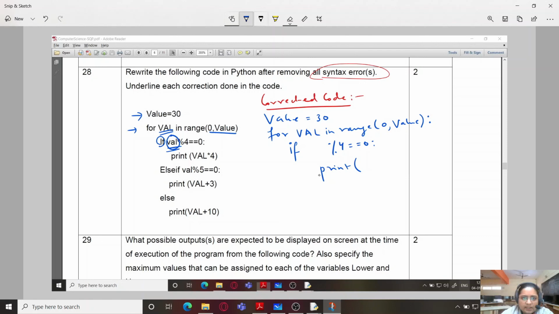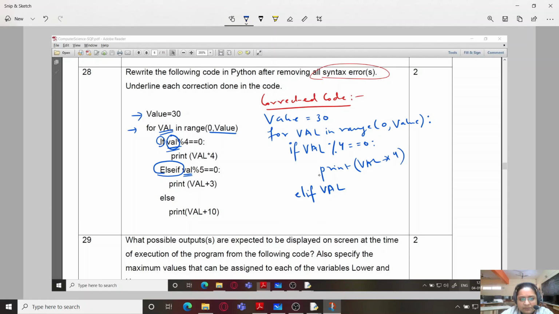This is absolutely correct. Then else if is not a valid keyword. Instead elif is used, and here again the case of val is the error, and print is correct, print val plus 3, else print val plus 10.